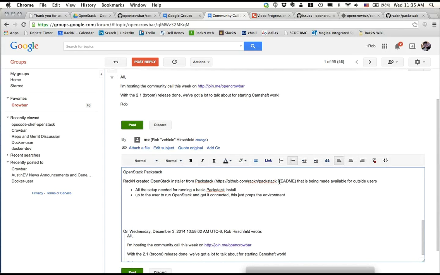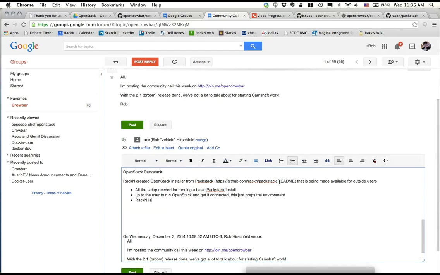I would add the caveat that Racken is not supporting it. It's not exactly that we're not supporting it. We are not supporting it. We're really not investing in extending Packstack. We will discuss how to use the ready environment